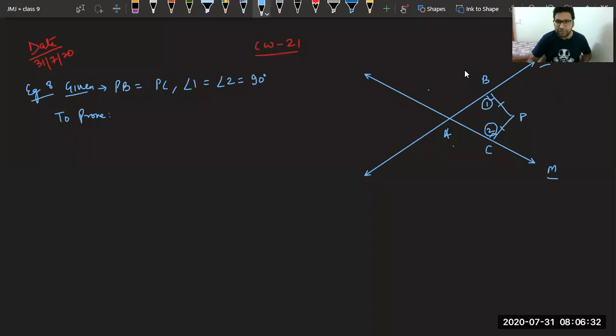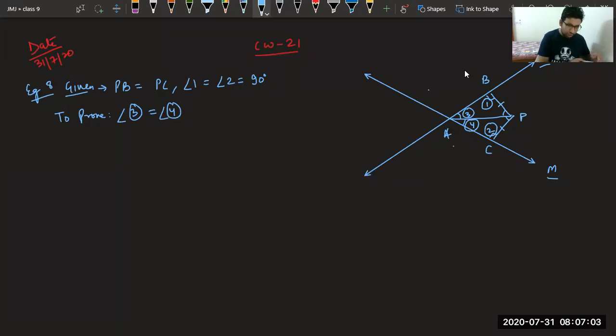So this line AP, we have to join this first. We have to prove that this line AP is bisecting the angles between them. That means these angles we have to prove equal, or you can say these one also. So you can take them as 3 and 4. Now you have to prove angle 3 is equal to angle 4. So you have to look at how you can prove angle 3 equal to angle 4.